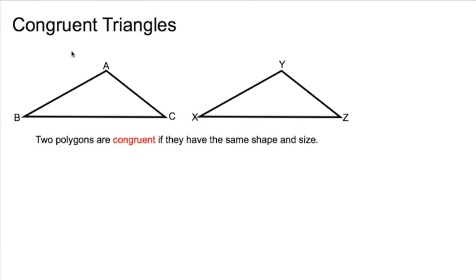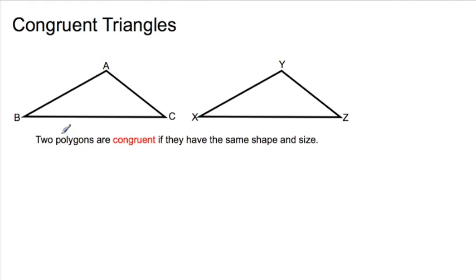Today we're talking about congruent triangles. Two polygons are congruent if they have the same shape and size. But today we're going to be focusing on triangles. Take a look at the two triangles in this diagram. If you trace triangle ABC on a piece of paper and put it over XYZ, you'll find that the two